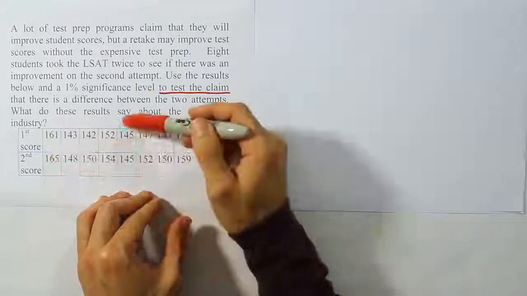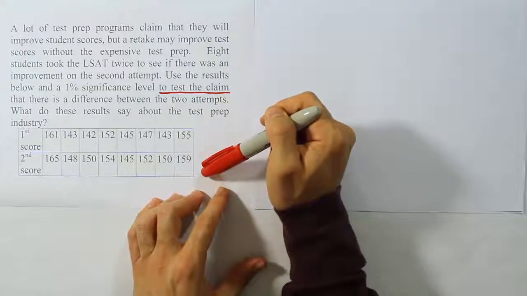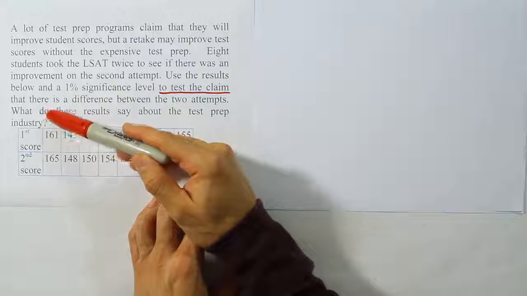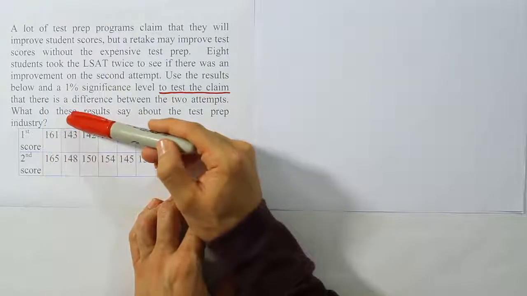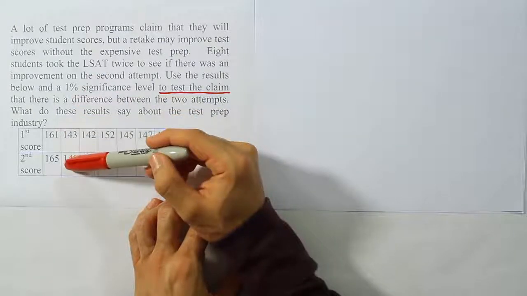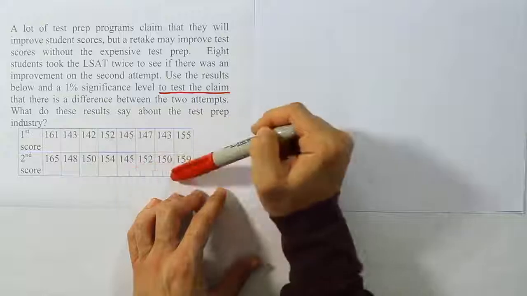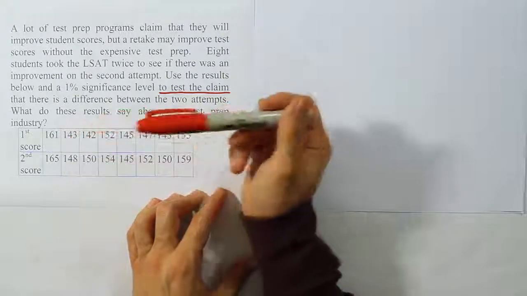So when I look at the layout of the data, it leads me to believe that this is a dependent t-test. The reason why is because I have, of course, the first subject's first score and second score. This is the second subject's first score and second score. So every person in this problem is taking the test twice. So even though there's two sets of data here, the data sets are dependent because these scores are connected by the people who take the exams.